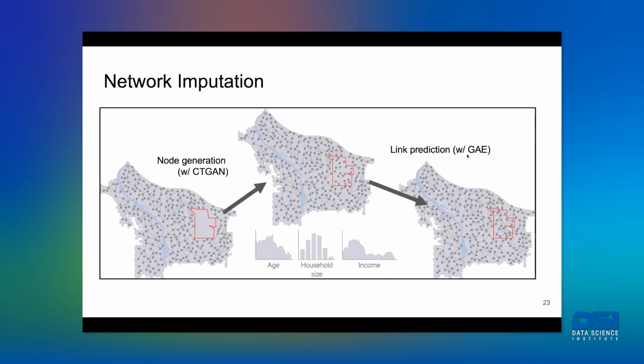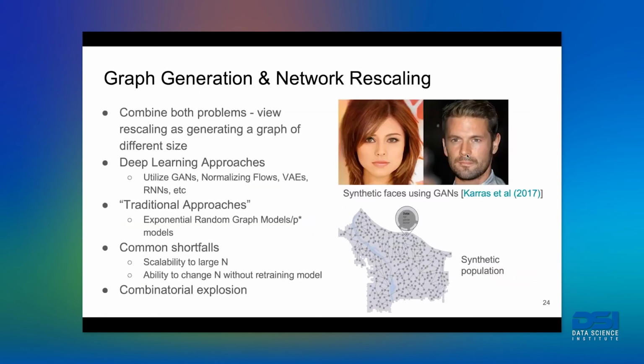Okay, so basically by combining these two existing pieces that exist in the literature, one from generative modeling over tables and one for link prediction over these types of network data sets, you can address this network imputation problem we outlined. Okay. So at this point, I think I'm maybe 3/4 of the way through the talk,